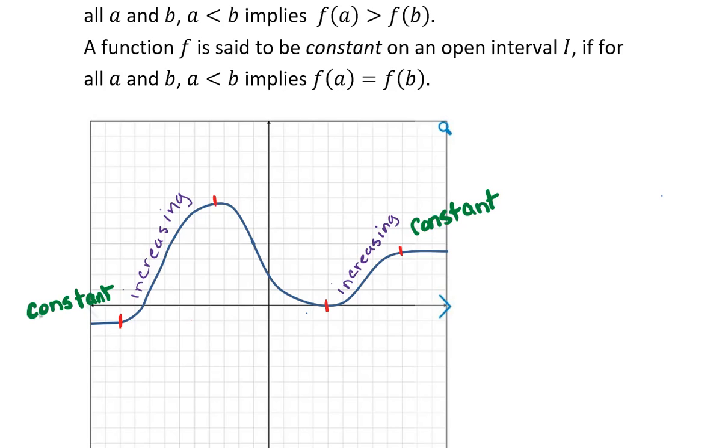And here is a decreasing. Right? Because as my x values get bigger, my y values are decreasing. Right? They're getting smaller. So it doesn't seem like it's too terribly difficult. People can get confused. I'm going to hit a couple highlights here, and I've kind of mentioned them already, but